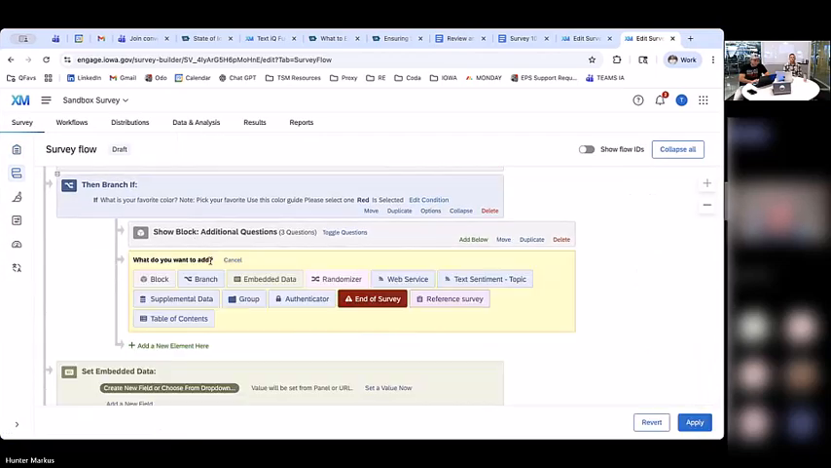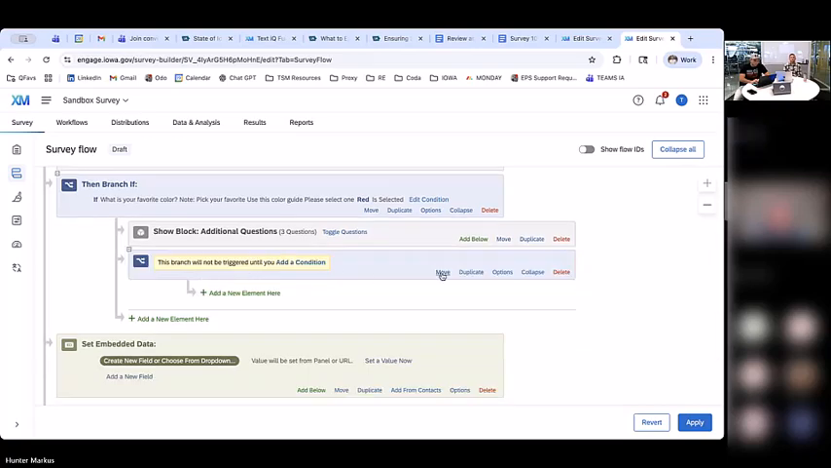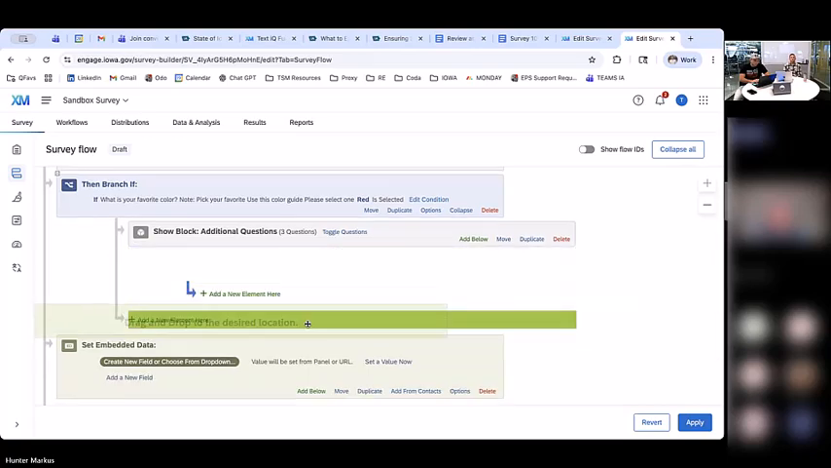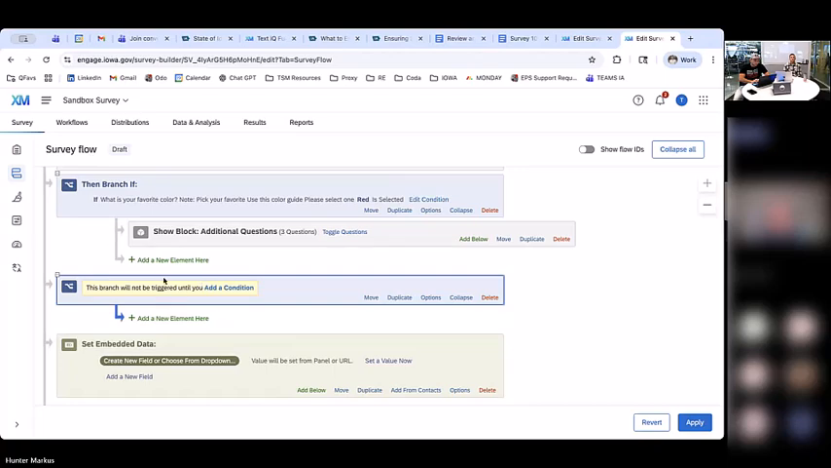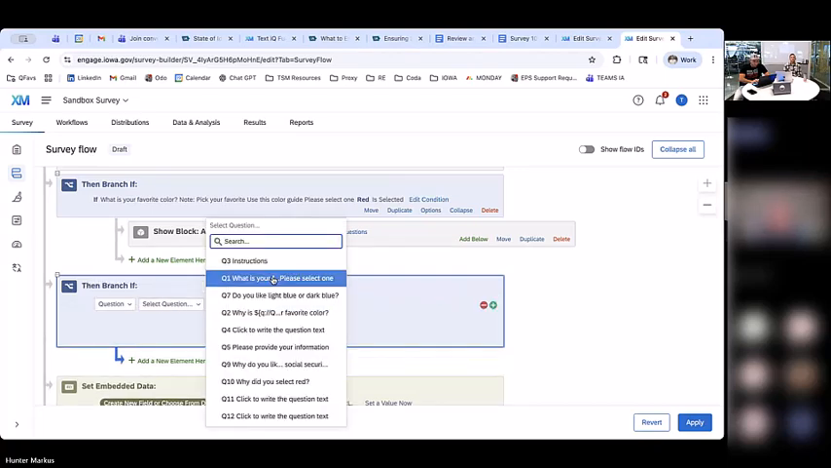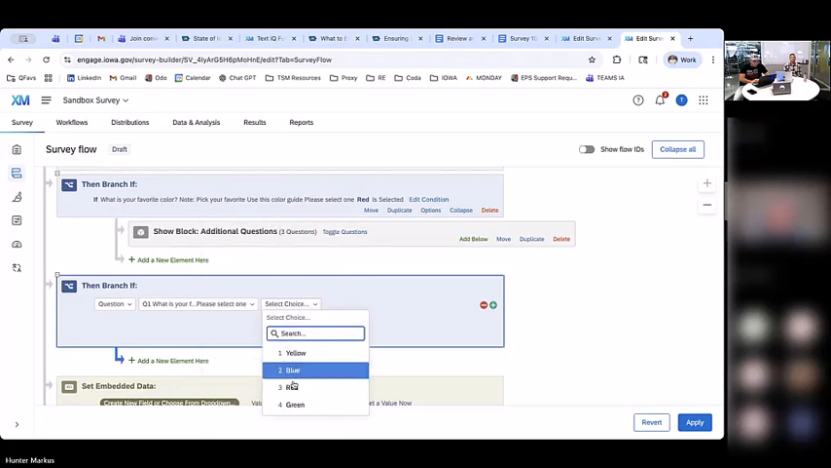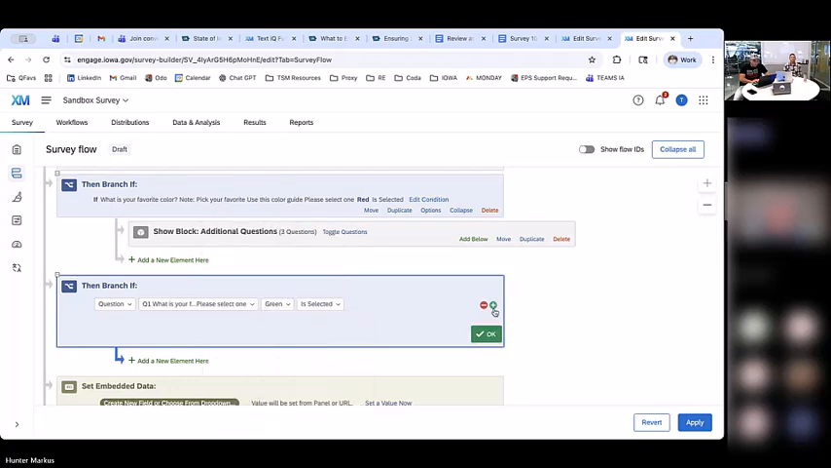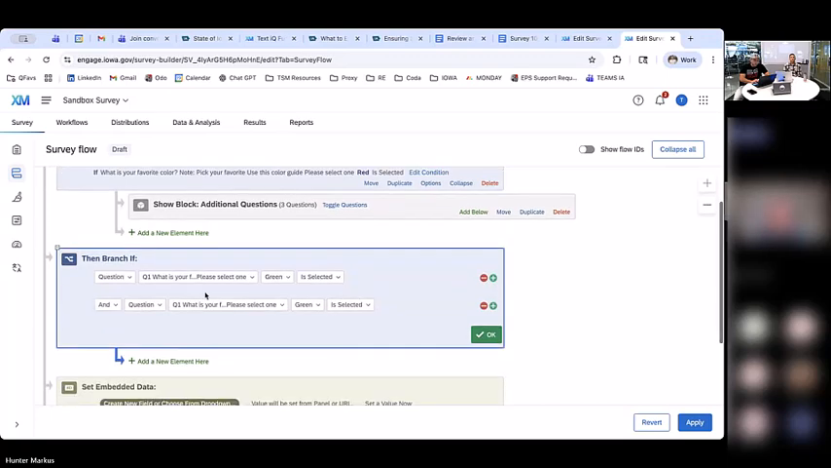First thing I'll need to do is add a branch. I'm going to move this branch. I don't want it nested inside another branch, so I'm going to move it down here, and I'm going to add those conditions. So what is your favorite color? Green is selected, and then I'm going to add a condition here. And